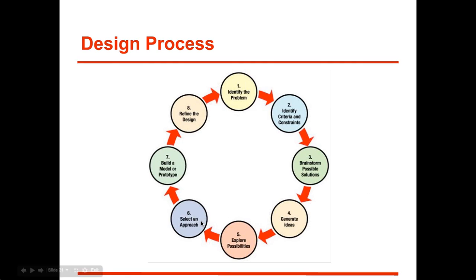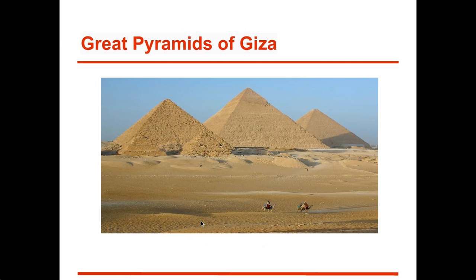But I wanted to take the second half of class, or the time that we have left, to think about how this design process is different now than it was when they were building something like the Great Pyramids of Giza, which are the only of the 7 wonders of the ancient world still visible today. 2 million blocks of stone, averaging more than 2 tons each, created this, and it's actually difficult for me to tell from this picture. I believe one of the pyramids is much bigger than the others, but perspective might be skewing this here.